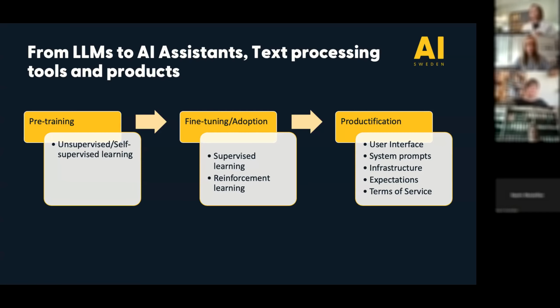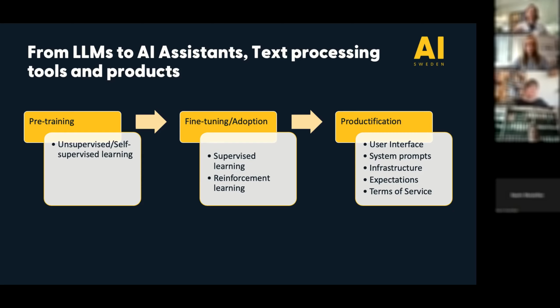If we think about the pipeline of taking a language model from the pre-trained language model to a product such as ChatGPT, there are many, many things happening in between. I want to focus particularly on this adoption phase today, because this is something that I haven't seen a lot in the media when we talk about these models. The focus is always very much on the prediction of the next word, and that is certainly, in simplified form, true for all these products.